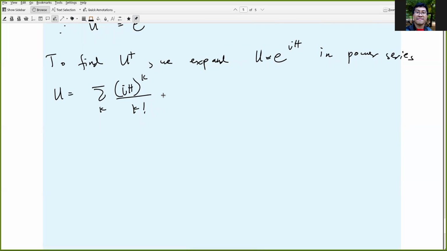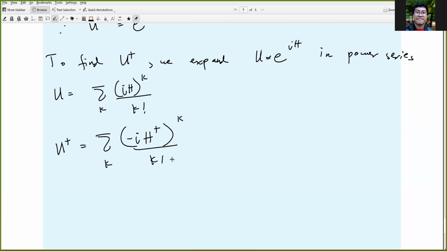One important thing that we need to consider here is that the transpose of a sum is just the sum of the transposes, so we can individually take the transpose of each term. Our goal is to get the transpose conjugate. So for U dagger, we apply the complex conjugate on each term. So you have the summation over all k, i becomes minus i, and you take the transpose conjugate of H, that's H dagger,